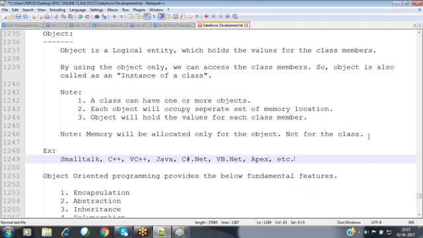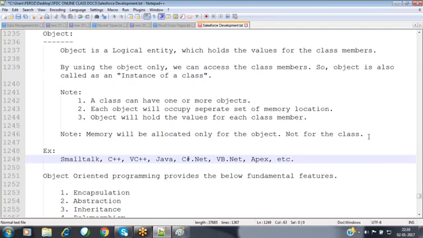Apex is purely an object-oriented programming language, which we already discussed in our initial concept of Apex programming, where each and every fundamental has been built upon the classes as well as the objects. Now these are the various object-oriented programming languages that we have in the industry. Depending upon the requirement, and the programming languages people prefer to use to develop their application, they are going to use the associated programming languages.